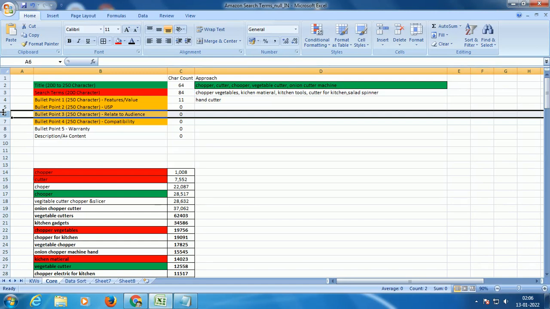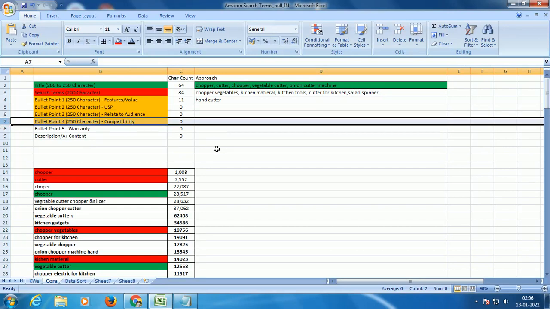You need to convey your messaging properly, or your story properly, to your customers, right? So in my third bullet point, generally, I would try to connect with my audience. And in my fourth bullet point, I would be speaking about product compatibility, right? So along with this product, how can you use this product? Let's assume I'm selling baby toys, how can children play or use this product along with something else? I would be speaking more in terms of compatibility, right?